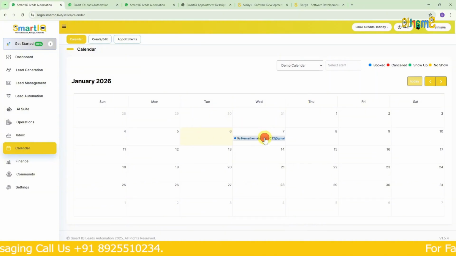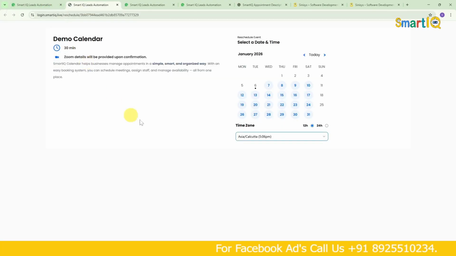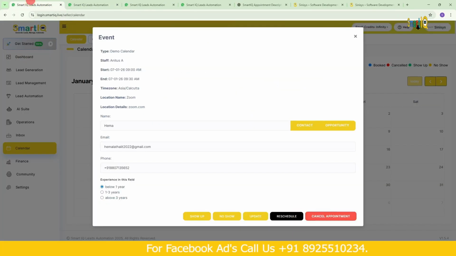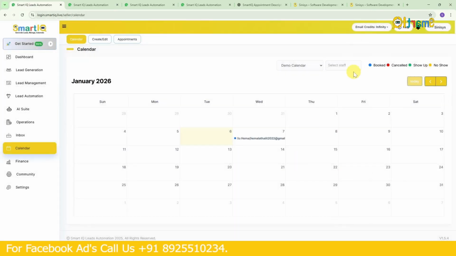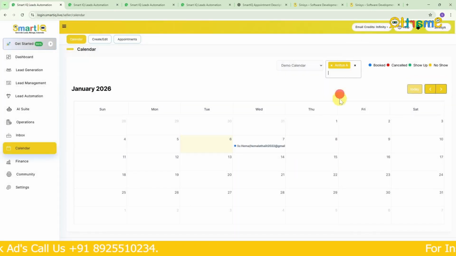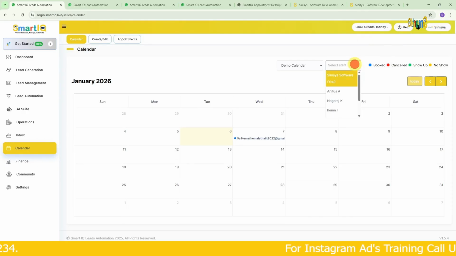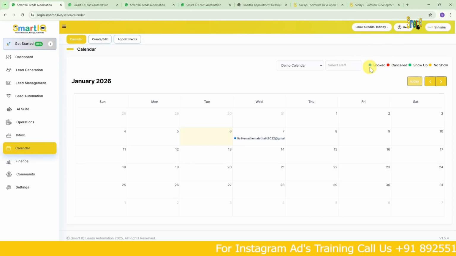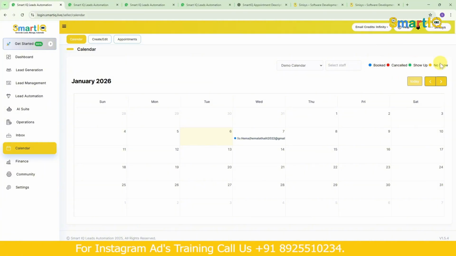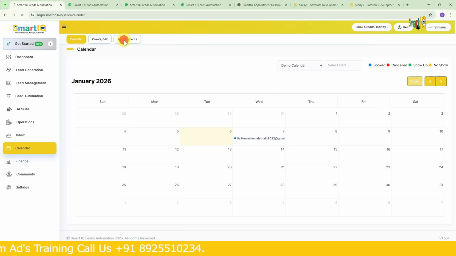So, what else can we do? We can cancel or reschedule the appointment. We can reschedule the timing and send them a message or choose another slot. Or if not, cancel the appointment. All this we can manage here in the app. For a particular staff member, you can select and see to whom the appointment is assigned and handle it accordingly. So, the ones that are booked will be shown in blue color. Cancelled ones will be shown in red color, green color for attended, and no shows will be shown in different colors. So, like this, we can filter and check.